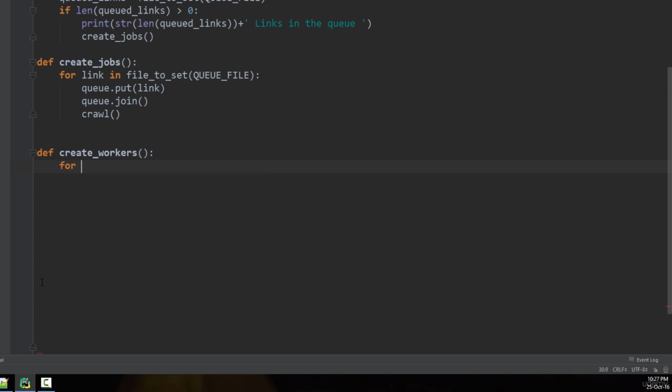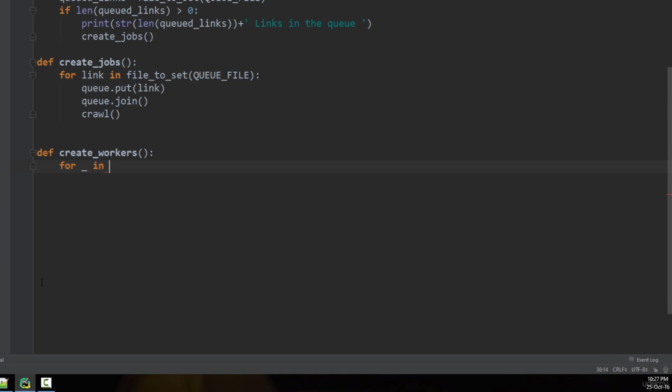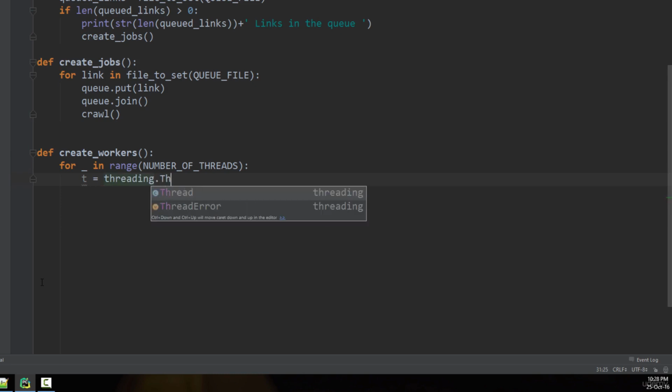So you type for underscore in range, where the underscore means you want no variable over here, and the range is going to be the number of threads. In parentheses just pass in the number of threads, and in here let's create a thread. To create a thread we type t equals threading dot Thread, which is a thread object,